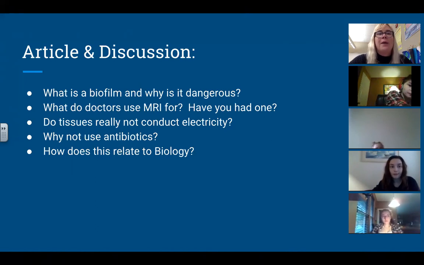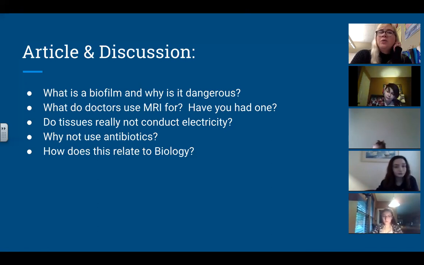It's true. Okay, so part of what this article talked about was using electrical currents through metal and using magnets to actually kill bacteria but not harm your tissues or your bones. So they claimed in the article that your tissues don't conduct electricity, right? That's what they said. They were like, yeah, metal conducts electricity, but your tissues won't. I kind of have a problem with that statement. What do you guys think about that? Is it true that your tissues really don't conduct electricity?